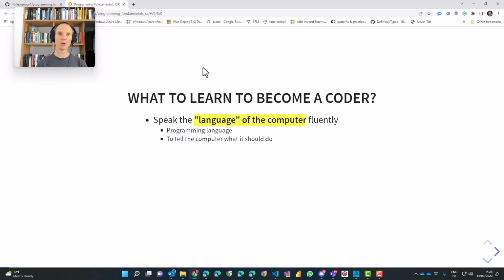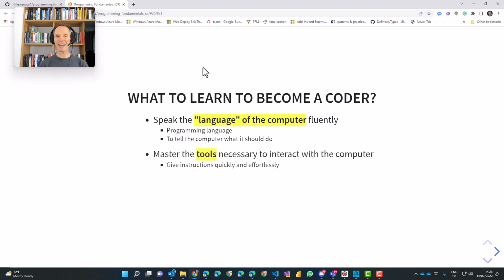You are going to learn how to develop such applications, and if you work on that low level, the computer simply doesn't understand English or German or whatever language you speak. So to become a coder, we have to be fluent in the language of the computer, meaning programming languages. That's the first thing, the first tool that you have to learn.